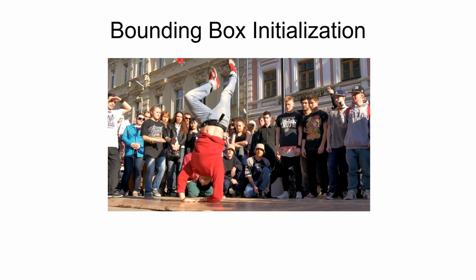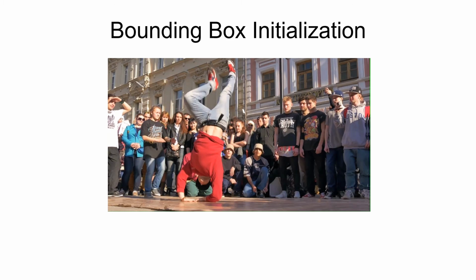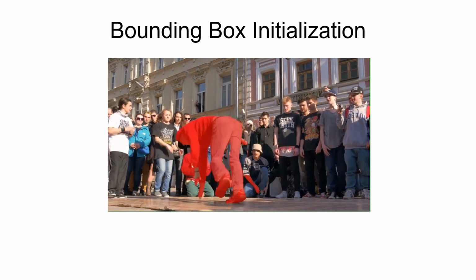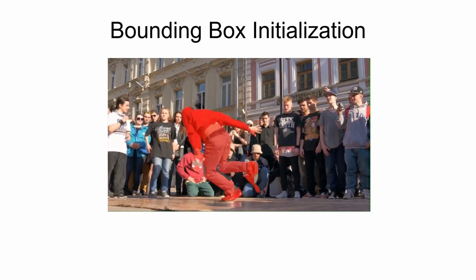Here we see an example where we are only given a bounding box annotation in the reference frame. We apply our box label generator and decoder network to estimate the initial target mask. Our approach can then proceed as in the mask initialization setting by using the estimated mask as a reference annotation.